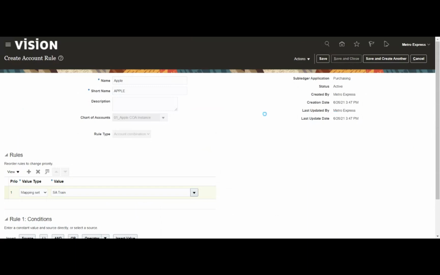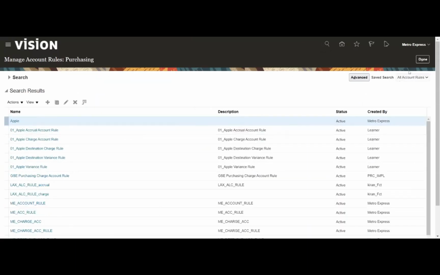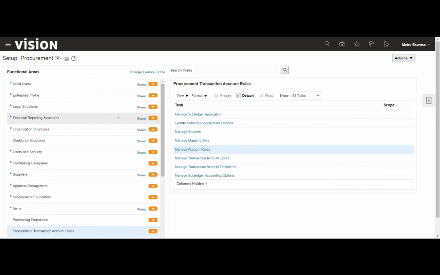So now we have created the accounting rule for one combination, that is, let's say, the charge account. Apart from that, we have destination variance and the other accounts, and for those also we will use the same setup. Probably you can see that. Since it is the same, I'm not doing it again. After the accounting rule, we will have to set up